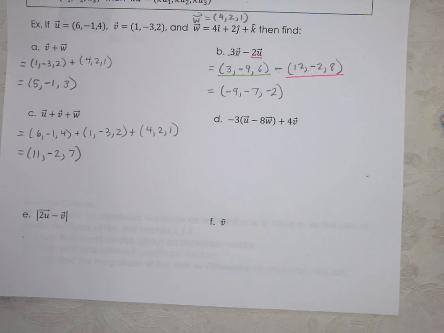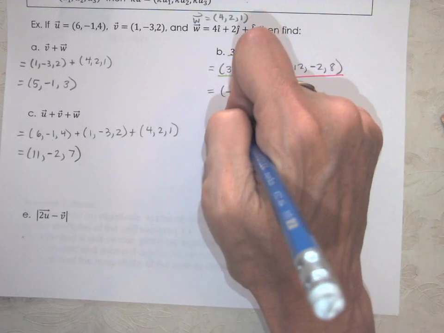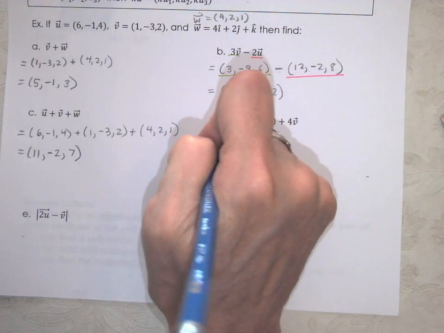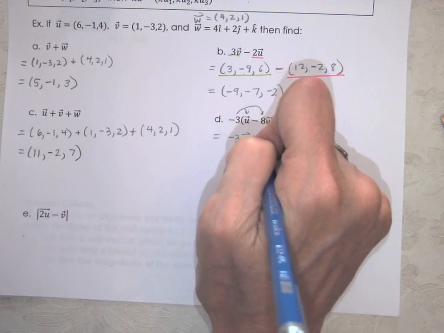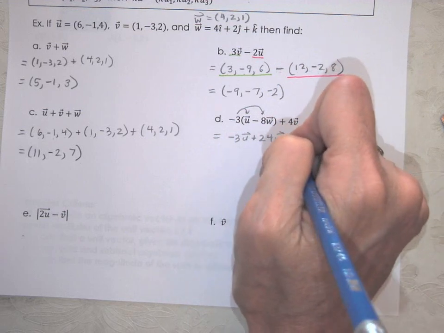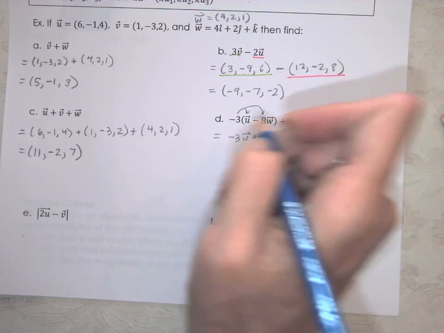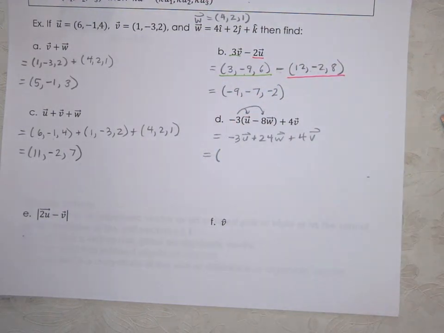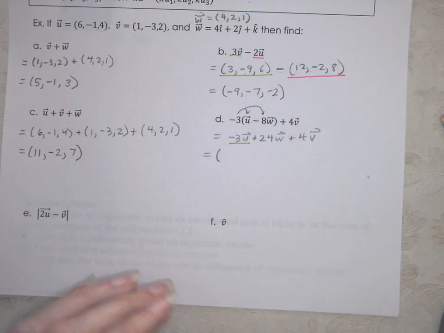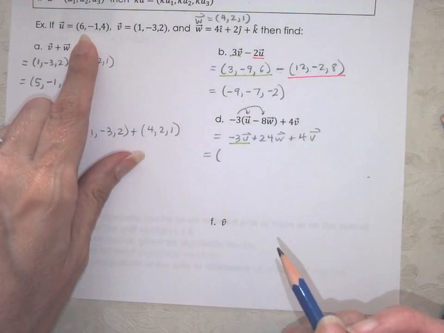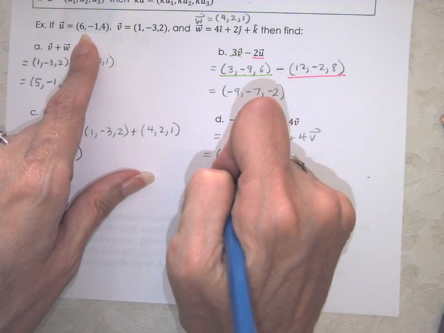Now I've got -3 times vector u minus 8w, in brackets, plus 4v. We can use some vector algebra here to simplify first. So negative 3 vector u plus 24 vector w plus 4 vector v. Now I'll write them down. This first vector represents negative 3 times vector u. I'm looking at vector u and multiplying each component by negative 3, which gives me negative 18,